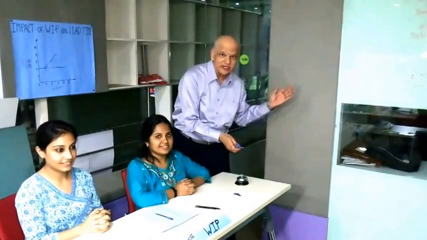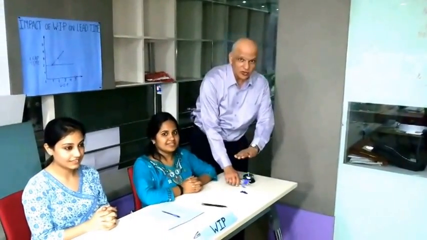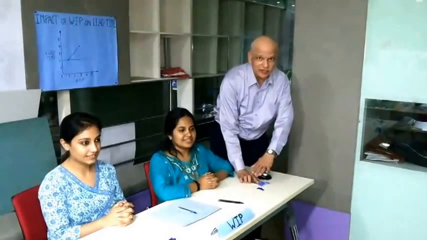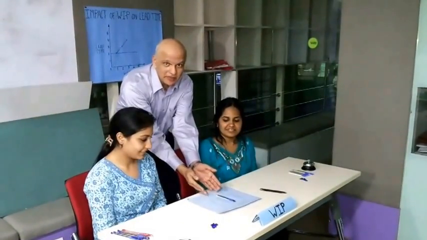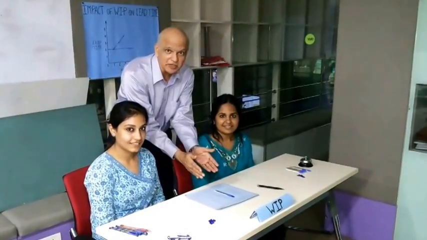It doesn't matter how much of raw material inventory you keep, because part of the raw material is under the control of the supplier. So you may not be able to control the inventory fully. Similarly, the finished product also, you may not be able to control the inventory because it's partly in the hands of the customer. However, look at WIP. In the case of WIP, your customer is right here and your supplier is right here. And both of them are working under you. So you really have no excuse to not be able to control WIP. You have to find a way.